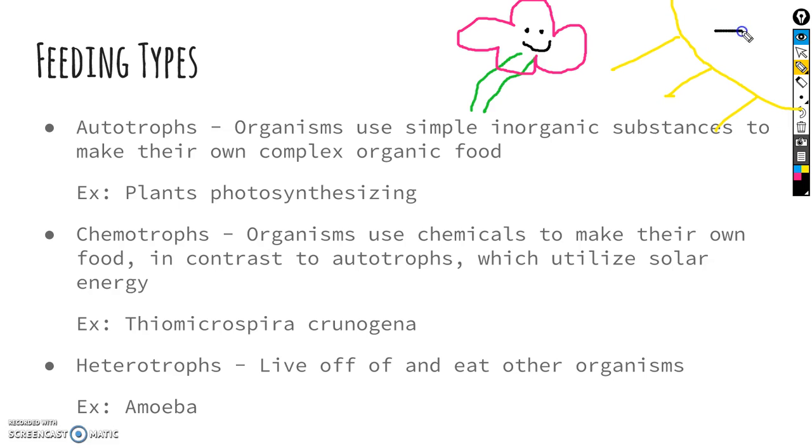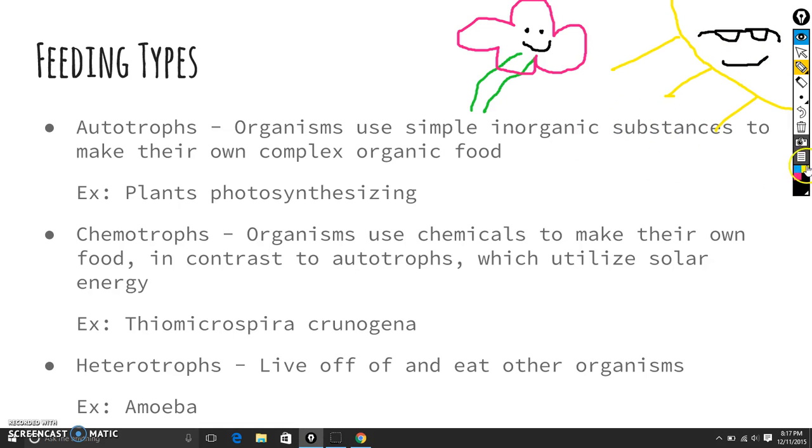Chemotrophs are organisms that use chemicals to make their own food, in contrast to autotrophs, which utilize solar energy. Chemotrophs obtain energy by the oxidation of electron donors in their environment of organic or inorganic molecules. An example of a chemotroph is a